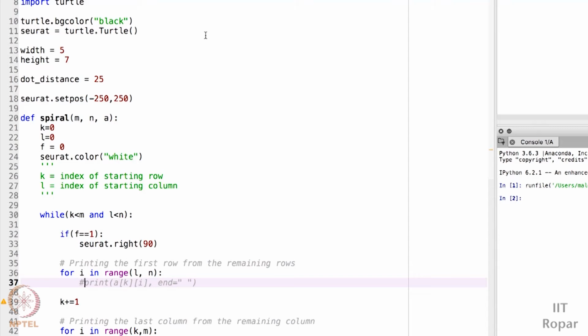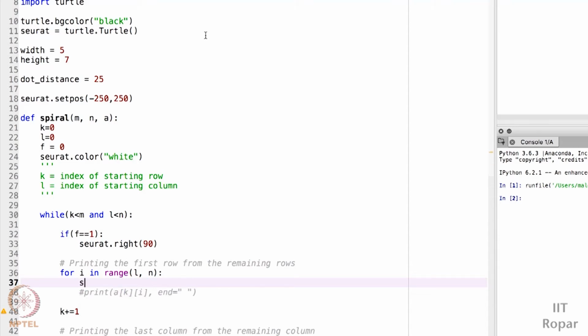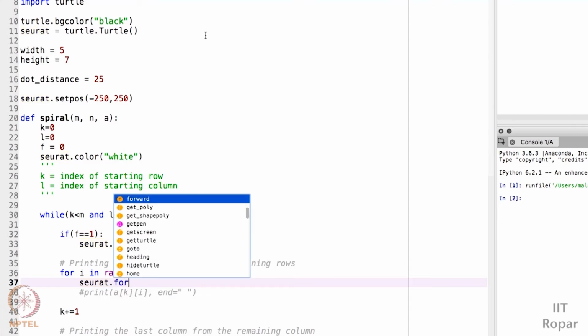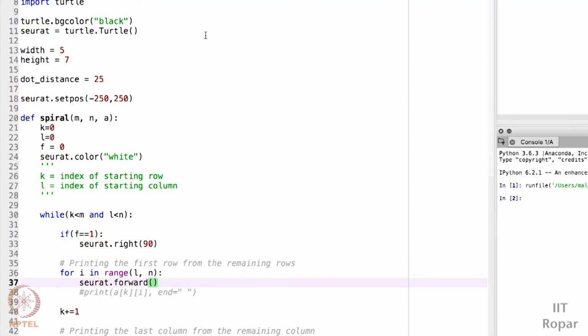I will just comment it, and instead of this I will write turtle dot forward with the distance, which I put as a variable, dot distance. And after I print the first row, I need to set my flag value to 1, which means after this you always have to turn the turtle at the angle of 90 degrees to the right side. That's why I created this flag variable f.